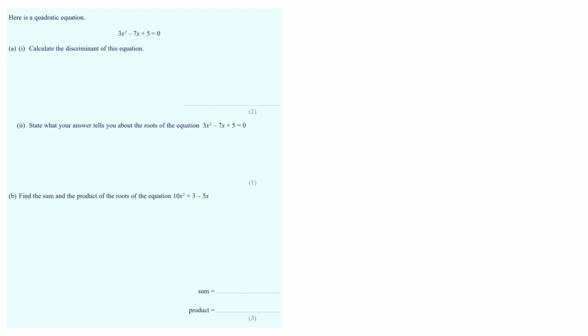Here is a quadratic equation: 3x squared minus 7x plus 5 equals 0. Part (a)(i): calculate the discriminant of this quadratic. So the discriminant is the bit underneath, or inside, the square root of our quadratic formula, b squared minus